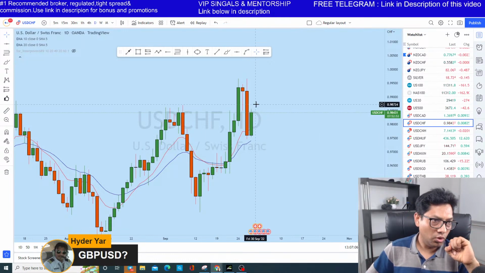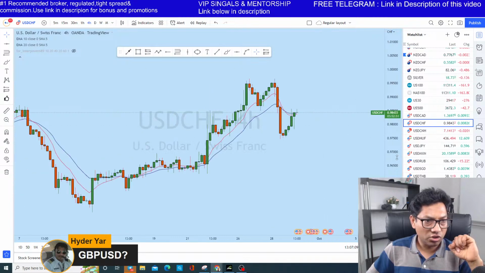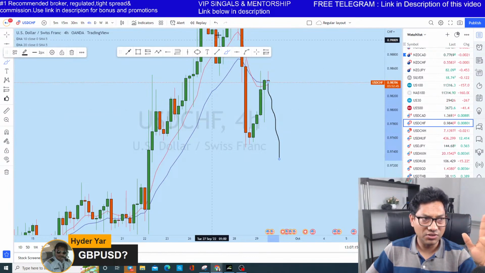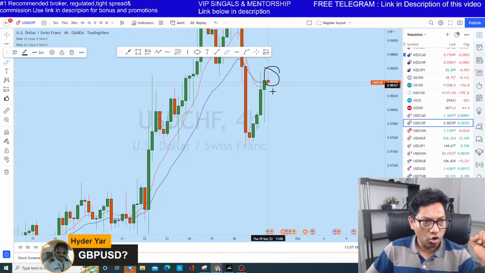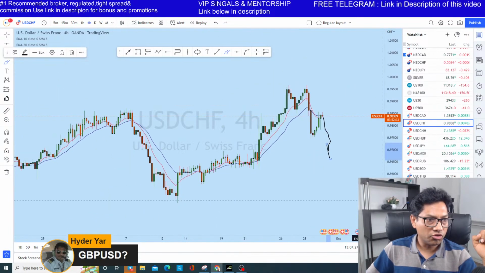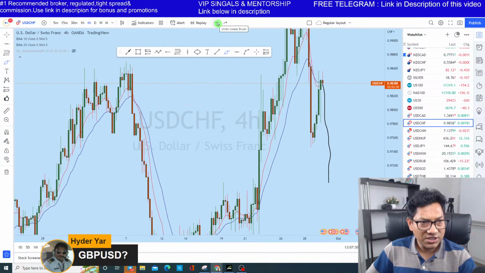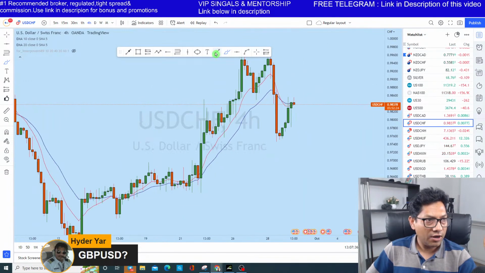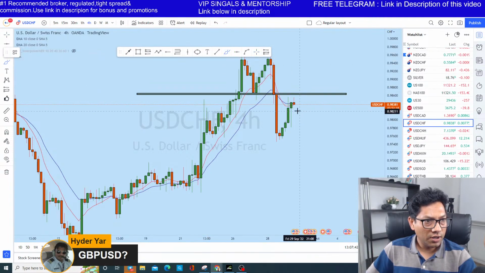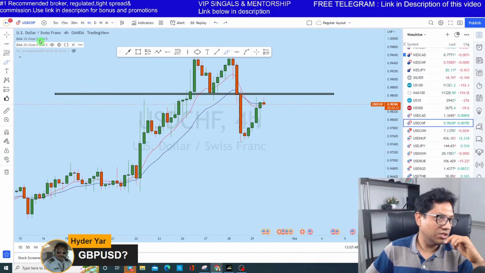What I think is that USD CHF, as CHF is stronger, from here we could see a drop, but it doesn't mean that it's a reversal. I think that is a short-term drop, and from this zone we could see something like that. Probably it will come back to this level again, to this trend line. Let me draw this trend line. So USD CHF for me, because it's the neckline of this double top. Yeah, you're right, the neckline of this double top here. You see this created a head and shoulders also here, and then we could see a drop from this zone on USD CHF.